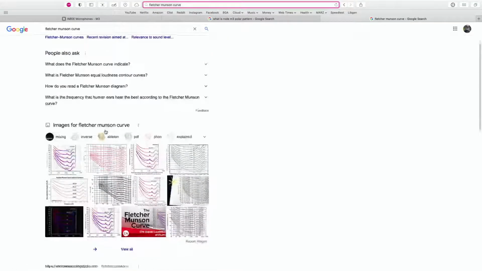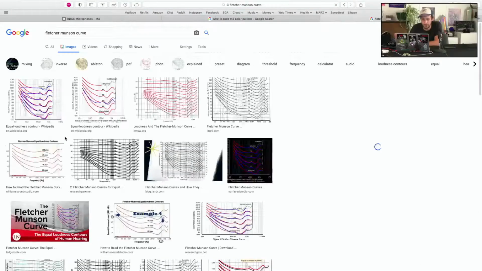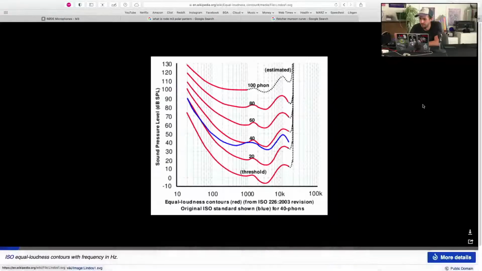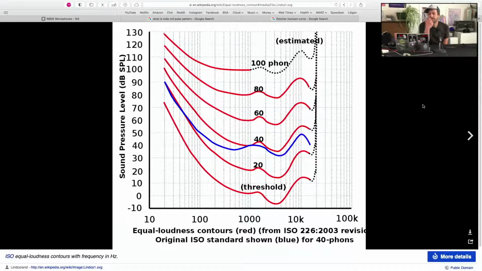Right. I think we talked a little bit about the Fletcher Munson curve in here, which is like our ears have a little curve on them. Here, let me pull it up real quick. All right, Fletcher Munson curve. This is a nerdy thing. This is a diagram of how your ears hear. I'm pretty sure I've pulled this up in here before. Yeah, I think maybe we talked about it a little bit last time. So basically, the idea of this graph is that